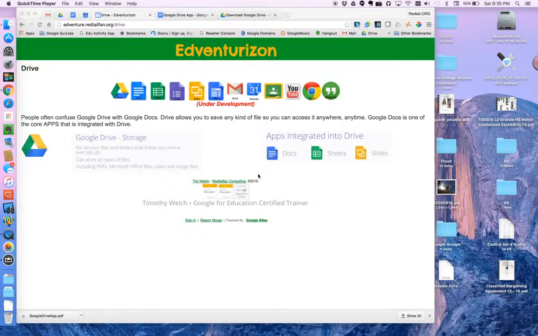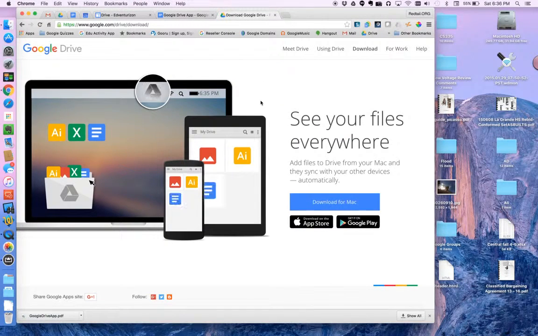In today's lesson in Adventure Horizon, we're going to take a look at the Google Drive app. The Google Drive app is a very handy app to have. It is the addition to your computer, whether it's a Mac or a PC, to actually add an app that allows you to